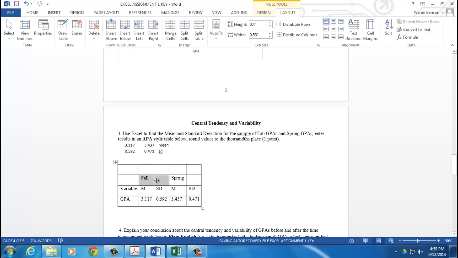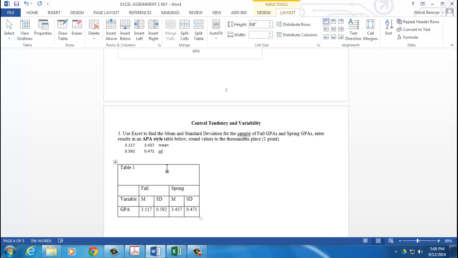So highlight both of those cells, go to Merge Cells under the Layout tab, and then do the same for the two cells, spring and the one next to it, Merge Cells. Now I want to insert the label for my table. I like saying label and table, it's cute. All right, merge those cells, and you want to type Table 1, then hit enter, and then in italics, you want to type